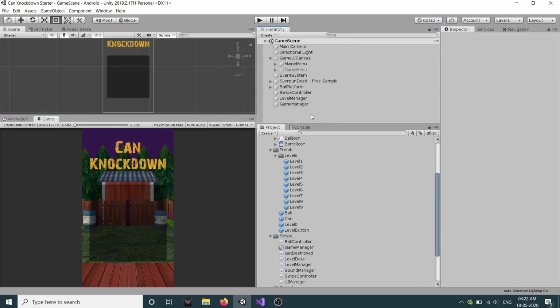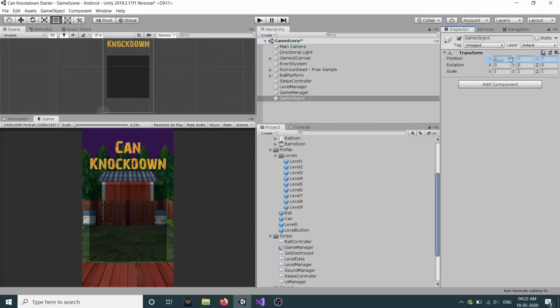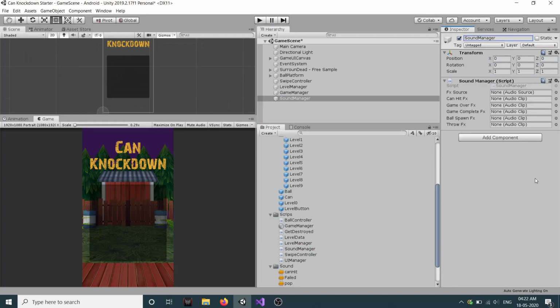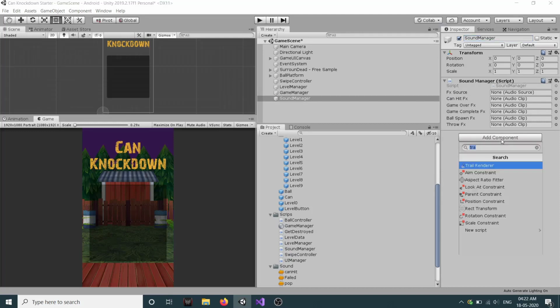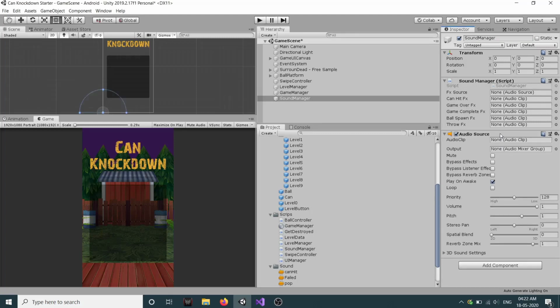Let's go back. Let's create an empty game object, reset its transform, and call this sound manager, and let's drag our sound manager to it. We need an audio source. So click on add component and search for audio source, and it is a fx source, so we don't want play on awake.